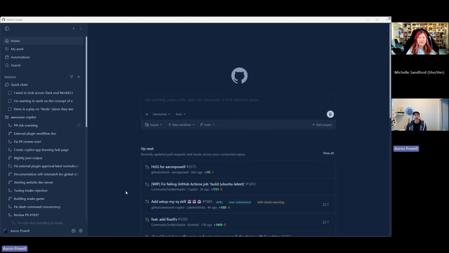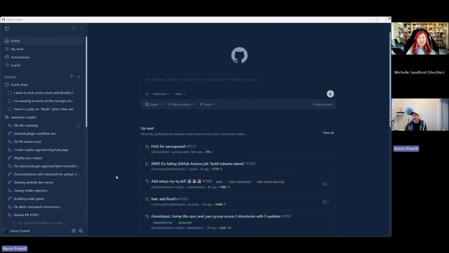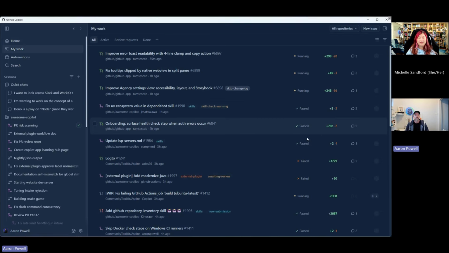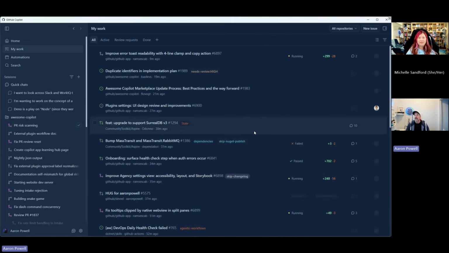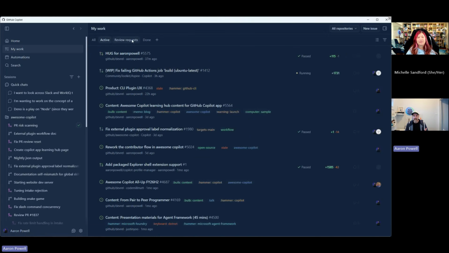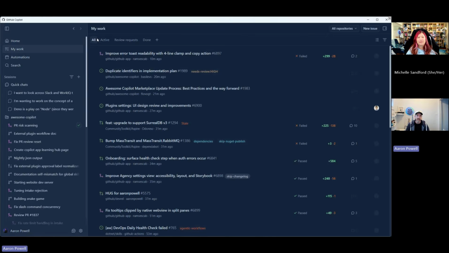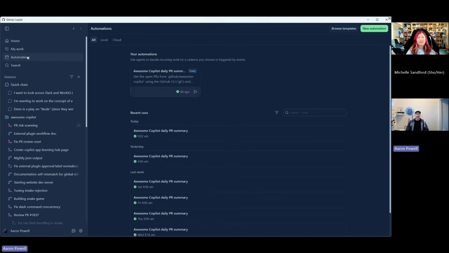But then below that, we have the backlog of things that we've been working on, or tasks that I've got upcoming across a variety of repos that I've got open inside of this. Then I can jump into a much more detailed view, where I can see this long list of things that I've been working on. I can see everything that's available, things that are currently active, and things that have reviews and done work. So we won't jump into that too much. Like I said, it's that entry point, where you're starting your day. That's what you would land inside of in the Copilot app.